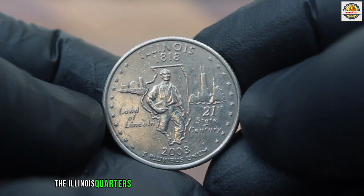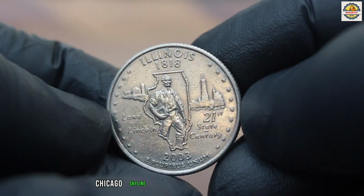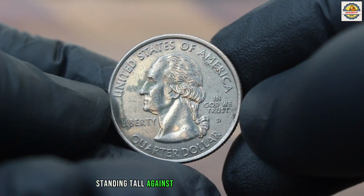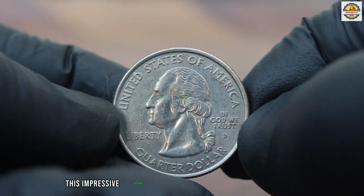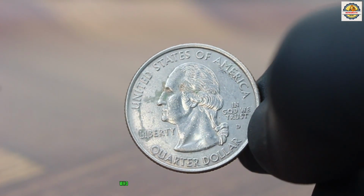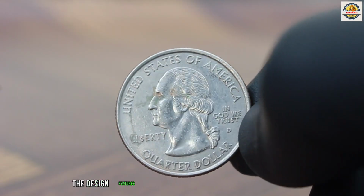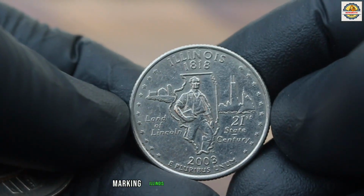The Illinois quarter's reverse showcases a detailed image of the famous Chicago skyline, including the iconic Sears Tower, standing tall against a backdrop of a rising sun. Below this impressive cityscape lies a banner with the state's nickname, Land of Lincoln, paying homage to Abraham Lincoln, who spent much of his life in Illinois. Along the edge, the design features an outline of the state and the year 1818, marking Illinois' admission to the